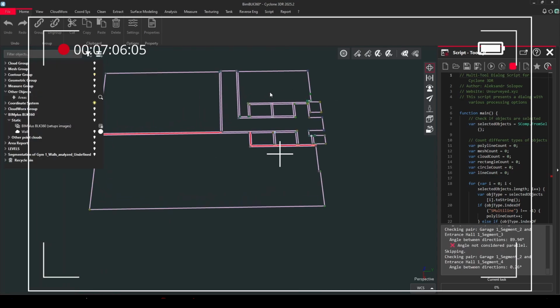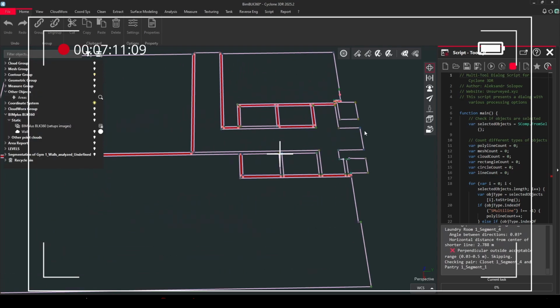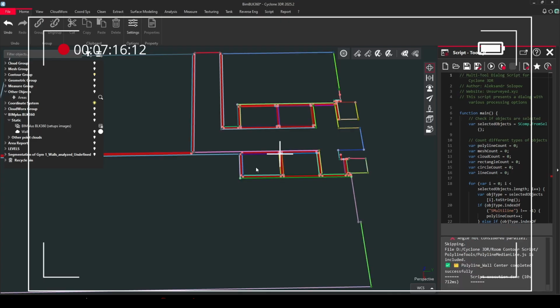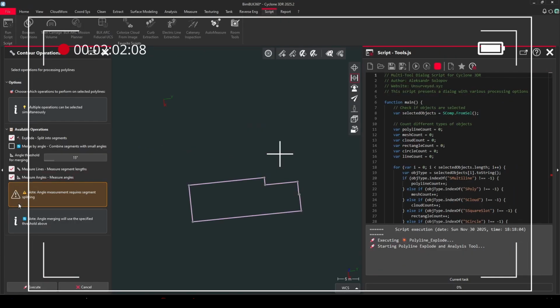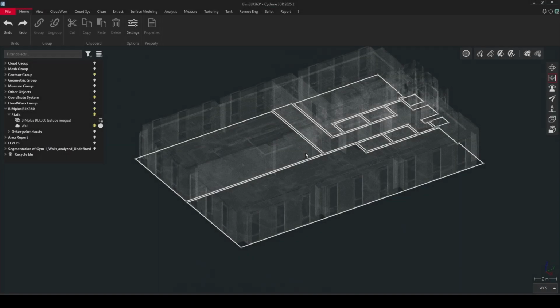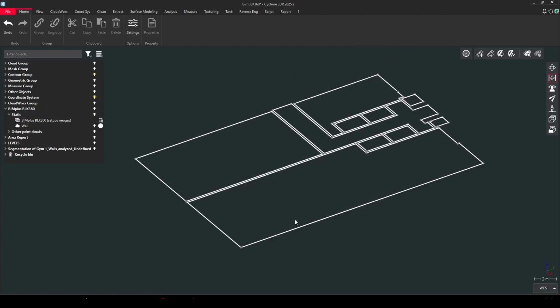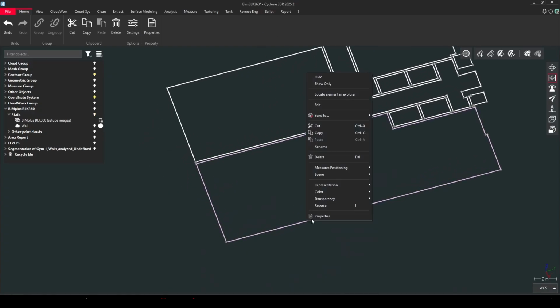Polyline wall center. So script will identify the center between separate lines. So if you want to explode and extract measurements, just enable these two options and then click execute. When all contours are extracted, we can easily extract dimensions of all rooms with a single click by using the same script. So for example, we can choose that big room